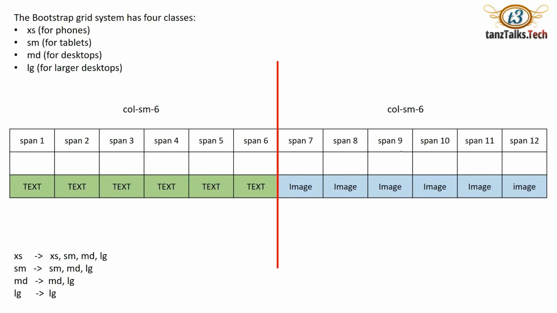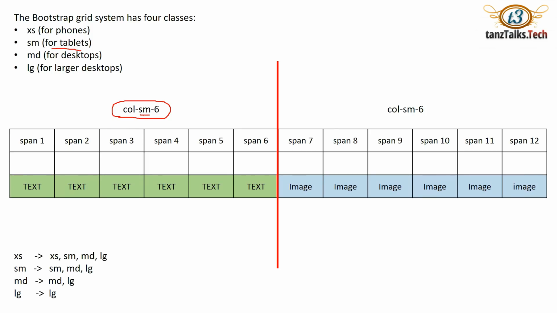Now Bootstrap defines a div tag with 12 equal sized columns, and we have divided the screen into 2 equal sized parts like this. The first part will contain the text, the other part will contain the image that we are going to put in, and we have divided the screen using this col-sm-6. So this SM stands for small, it is for tablets, and whatever we define with SM is the same layout